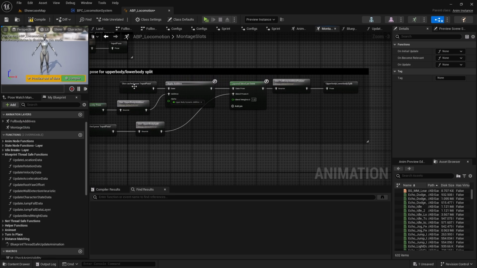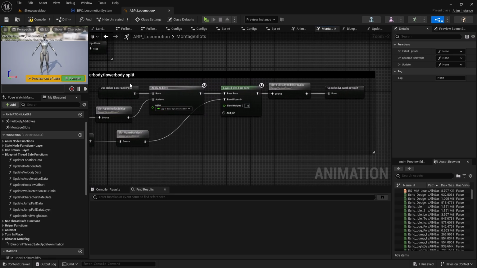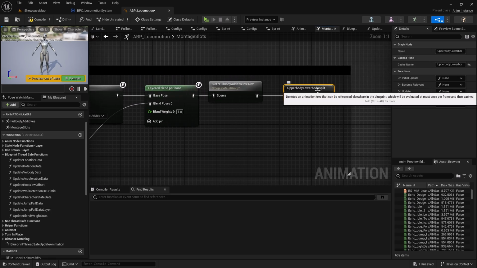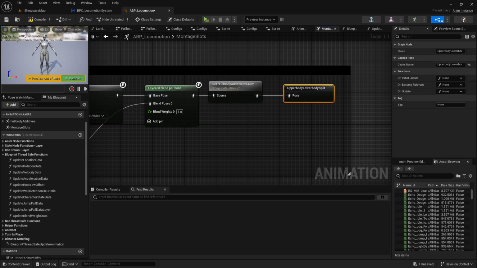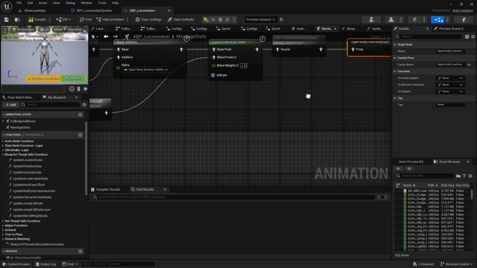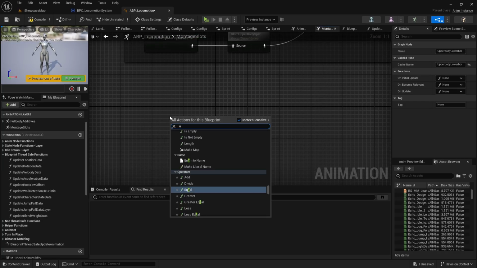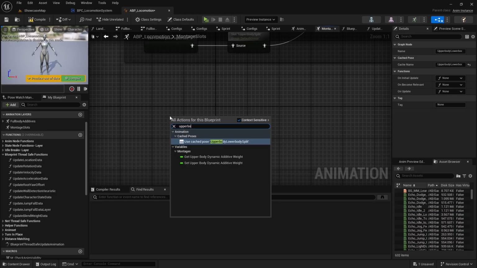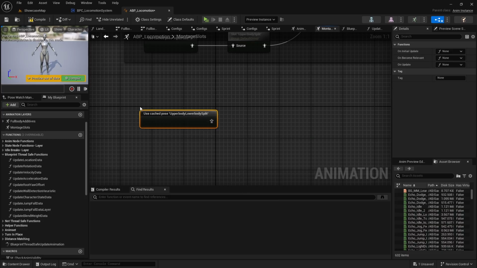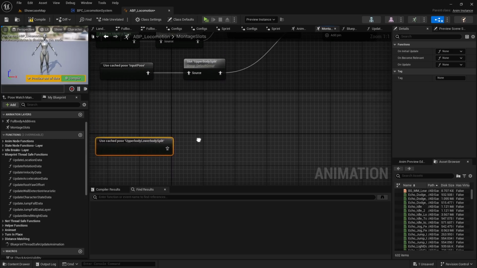At the end of this filtering, we have this upper body, lower body split, and we can use it to filter out the upper body pose cache as well. So I'll use this upper body, lower body split pose cache, and let's pass it through this